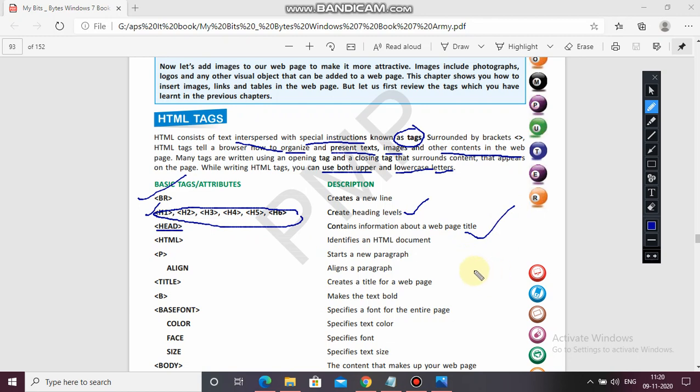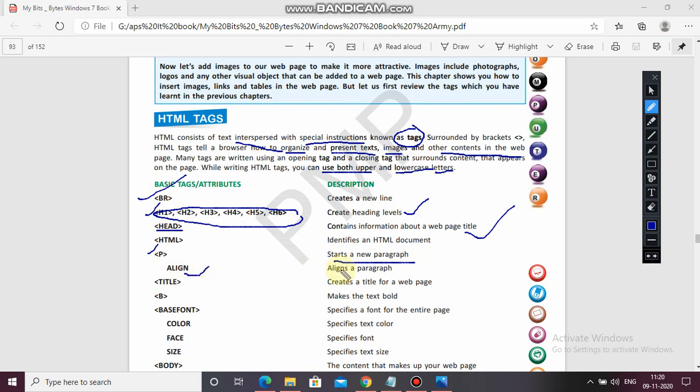Whatever title you are naming, it contains the information about the title. HTML identifies an HTML document. HTML identifies what type of document it is. It means it is an HTML document, of course. Then next one is the P tag, the paragraph tag. For starting a new paragraph you have to use the P tag.